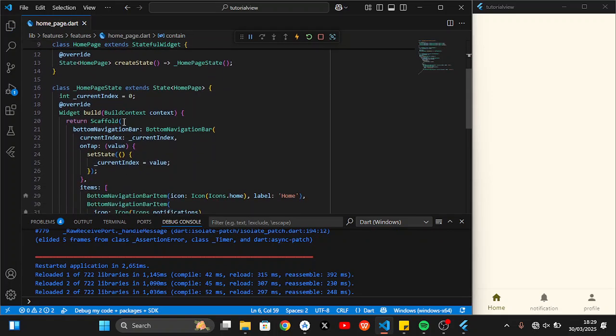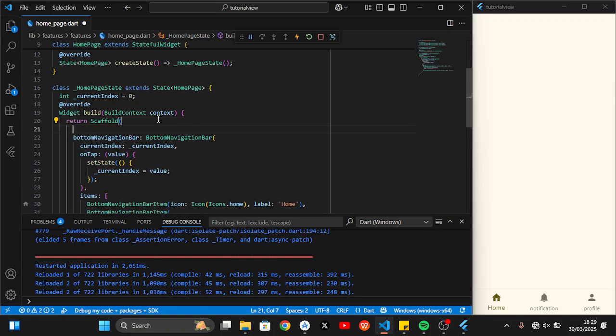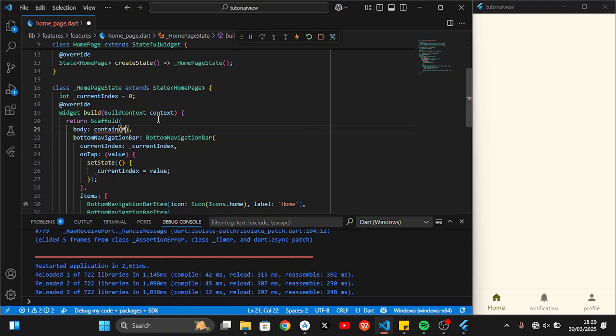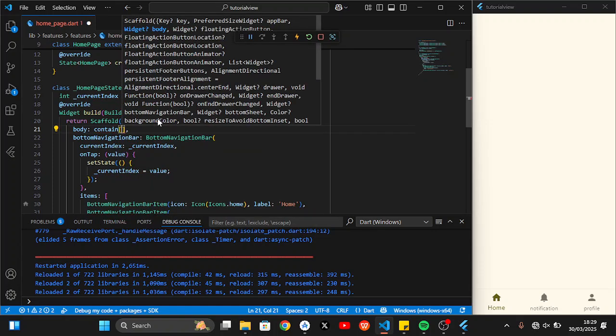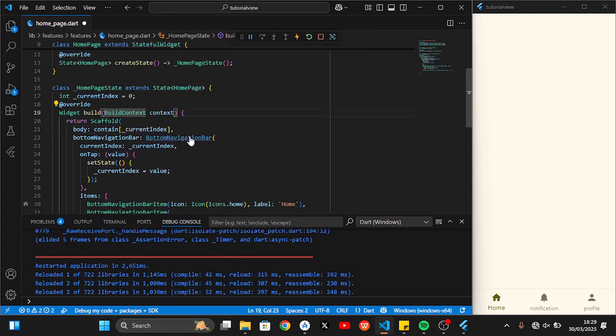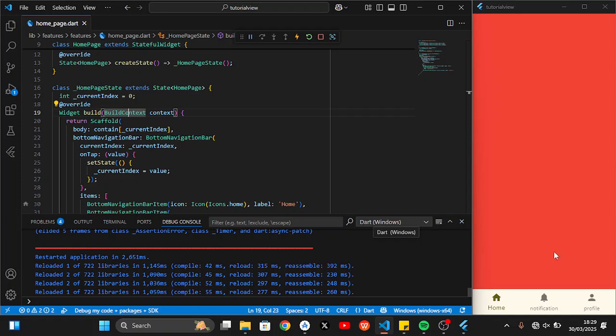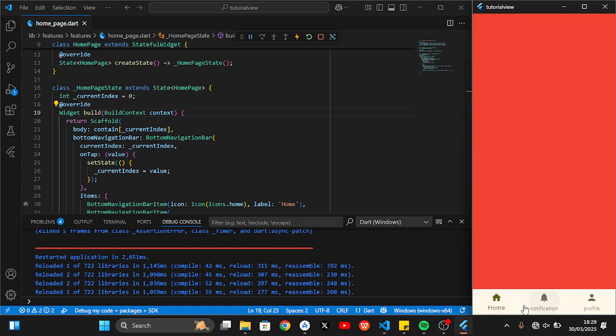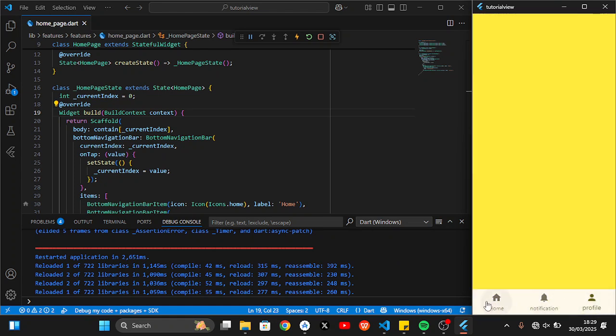Okay. So for the body, I want to pass in the container list at the current index. All right. So let's see what happens. As you can see, red, blue, yellow. All right. So that's how to use the default Flutter